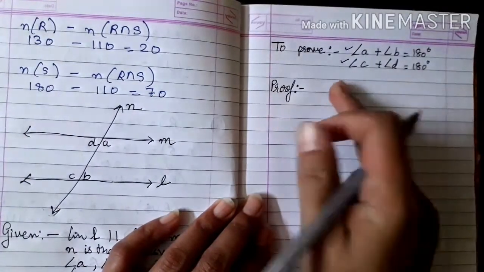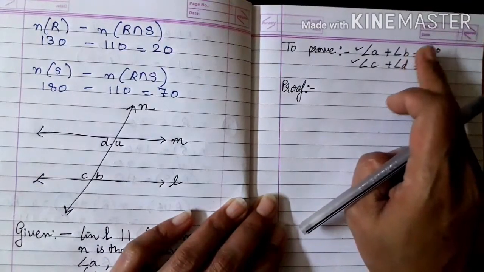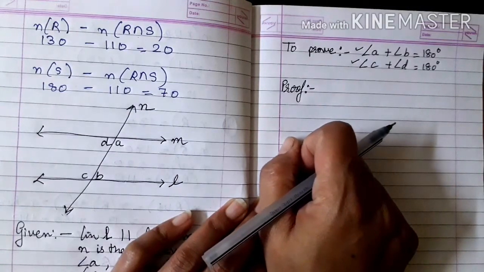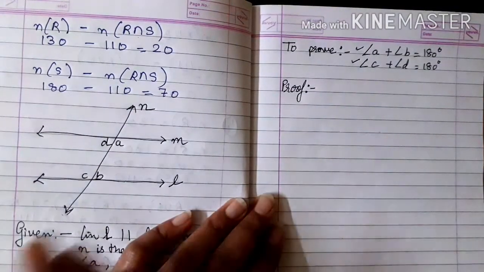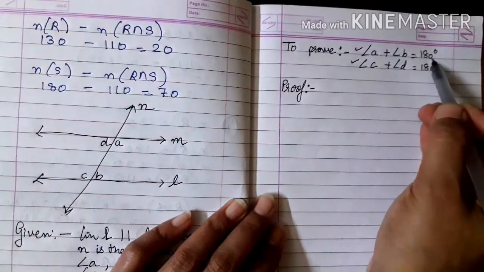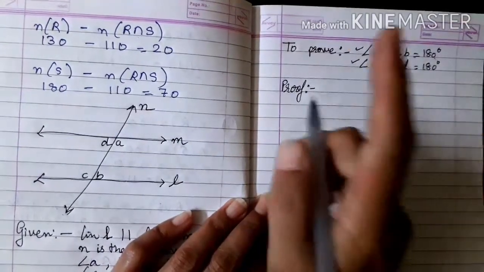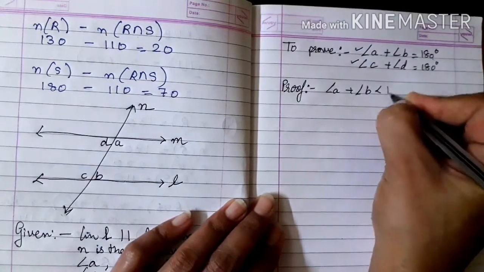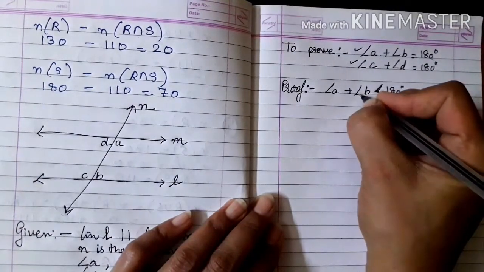Here we have to write all the given reasons that we can find in order to prove the question that is being asked. Now three possibilities arise regarding the sum of the measures of angles A and B. Angle A plus B can be greater than 180, smaller than 180, or equal to 180. Three possibilities: greater, smaller and equal to. So moving towards the first assumption, that angle A plus angle B is greater than 180. Sorry, 180 is greater than angle A plus angle B.